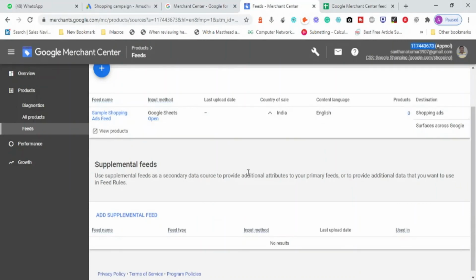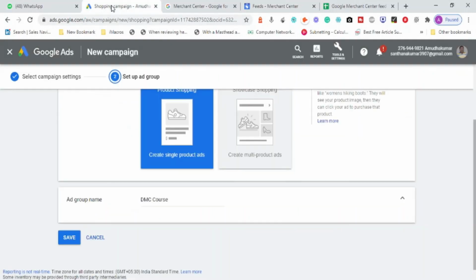The primary requirement is to create a Google Merchant Center account. We'll discuss in a separate session how to create the account, how to create a feed, how to configure it, and how to link it with the Google Ads account. Once you click on save, this shopping advertisement will start serving people. This is the single image.